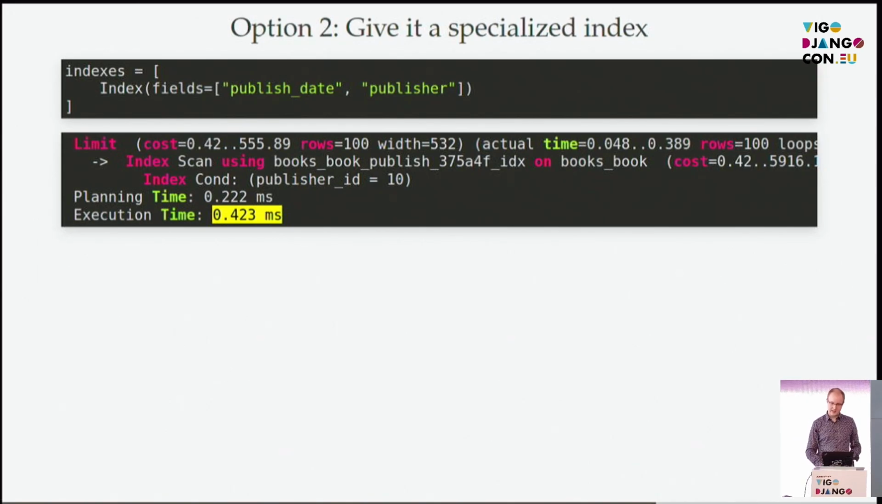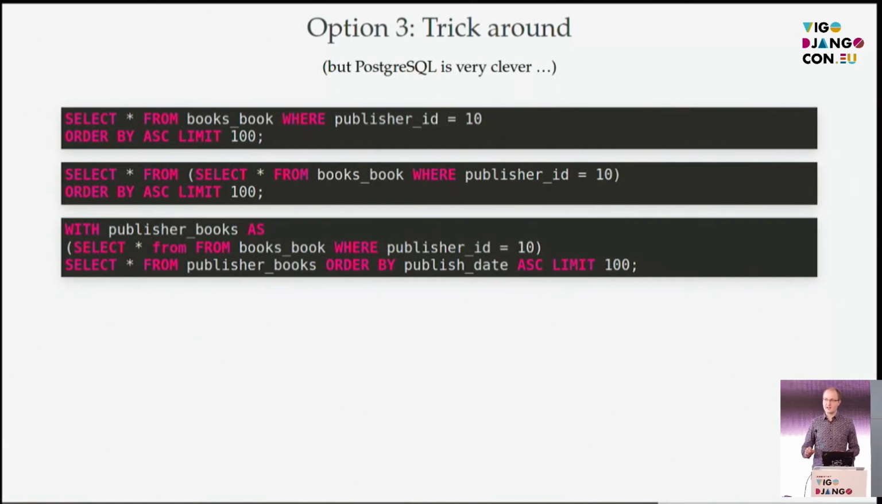There is a third option, and I'm very cautiously mentioning it. You can try to trick around the query planner, but it's hard because the query planner is really, really clever. Here, 3 times the same query and increasingly complex variations. The first is just select where order limit. The second is wrapping the where part in a subquery, and the third in a common table expression. And PostgreSQL, I think starting with version 12, is clever enough to figure out that these are all the same thing and will not be fooled by you trying to write a query and thinking you're more clever than the